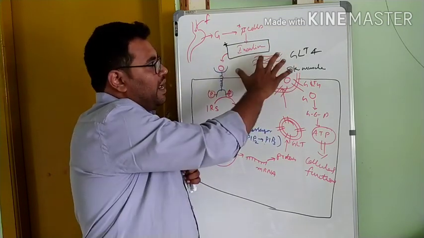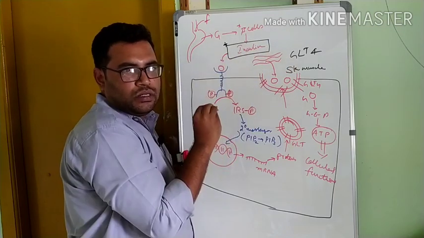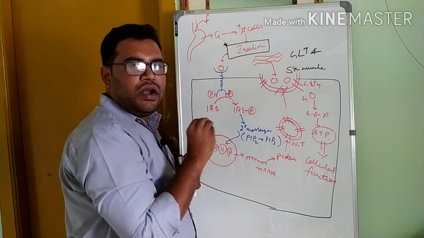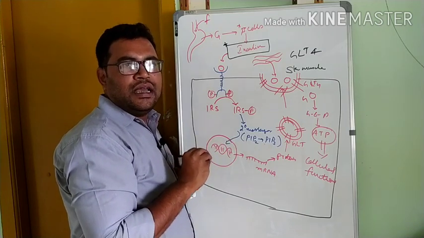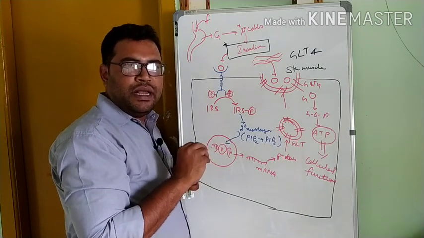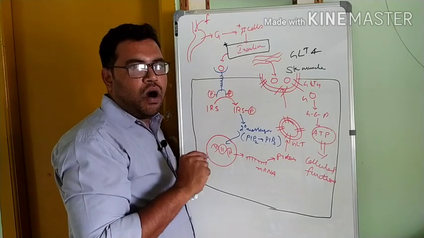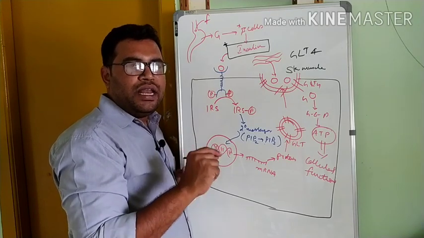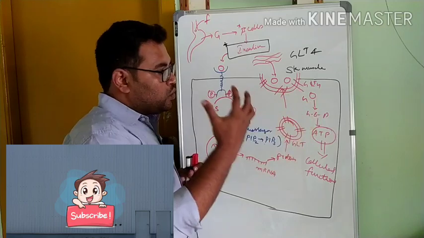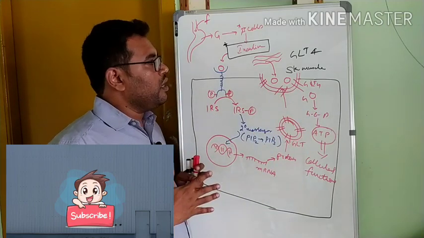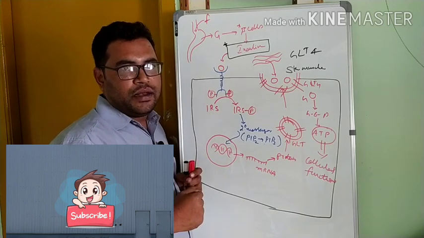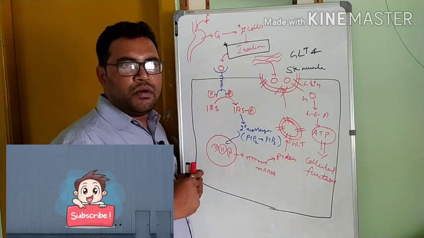If the blood has less amount of glucose, then the beta cells will not get activated for the release of insulin, and insulin will not be released. In that case, the alpha cells will be activated, which will release glucagon. That glucagon will take out the stored form of glucose in the cells, right? So this is all about the release and mechanism of insulin. In the next video, we will discuss diabetes.